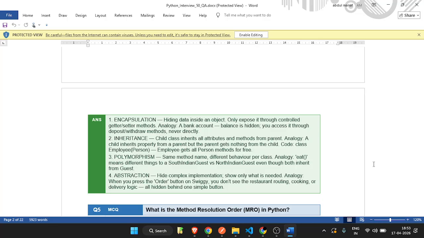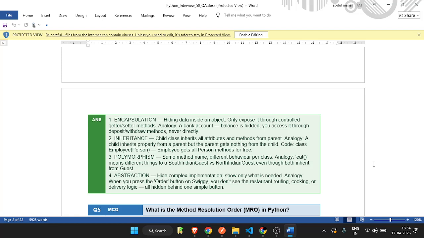What it does is, first it will check who I belongs to, C. Do I have eat method? I don't have. Then it will check its parent. If it has, here I wrote chapati, here I wrote rice. Okay. If I have eat here, chapati will be printed here. If I don't have eat here,